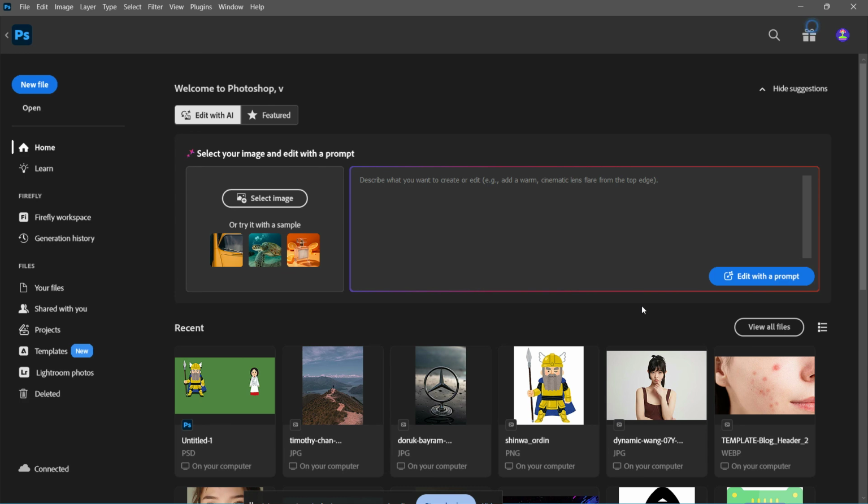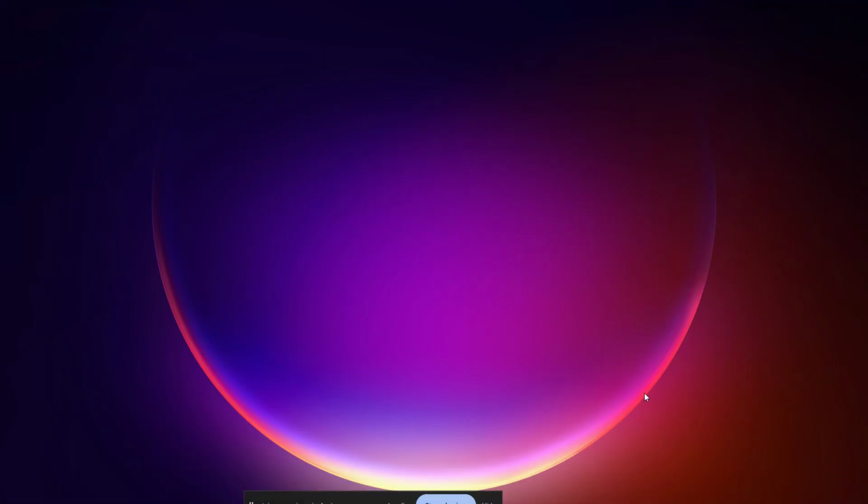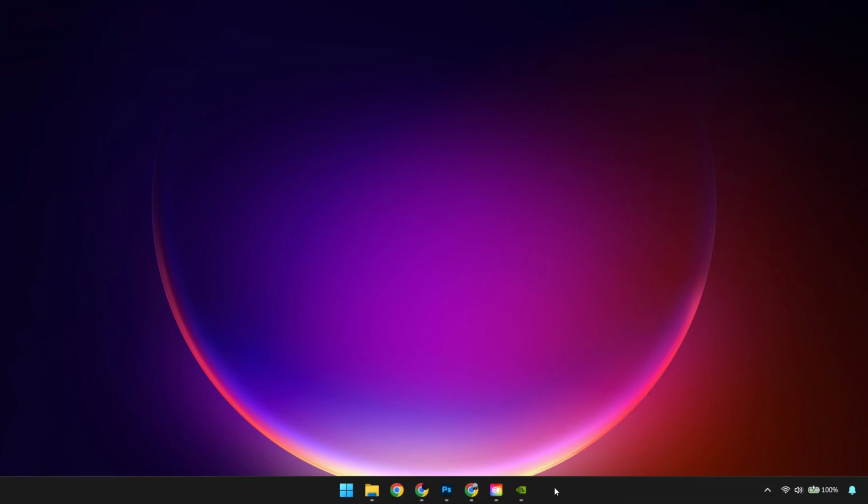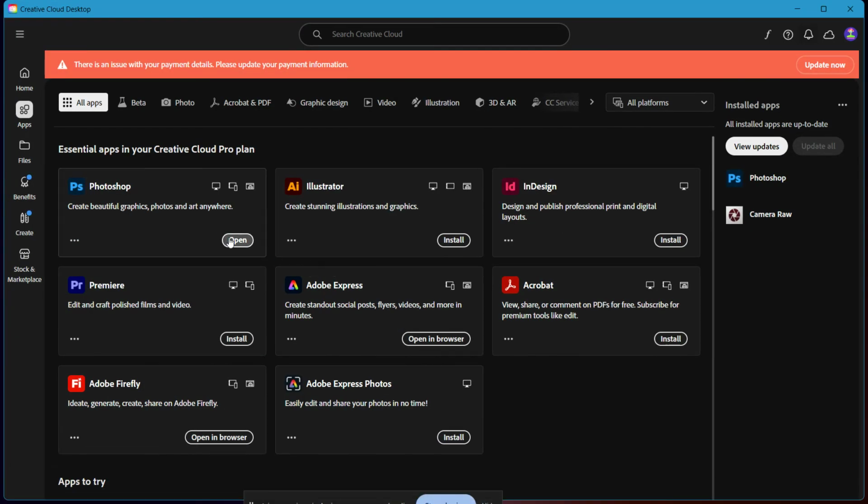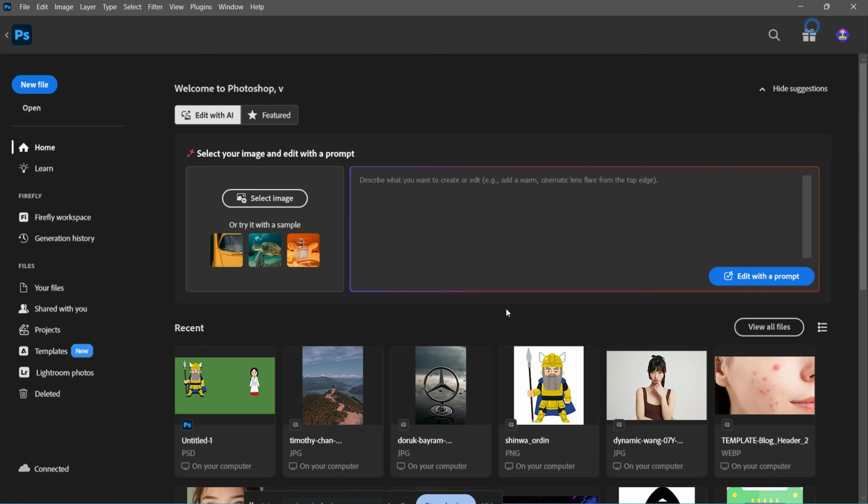To rebuild those settings, first make sure Photoshop is fully closed. Then hold down Ctrl, Alt, and Shift on Windows or Command, Option, and Shift on Mac, and open Photoshop while still holding those keys. A pop-up should appear asking if you want to delete the Adobe Photoshop settings file. Click Yes. This forces Photoshop to create a fresh settings file, which fixes a lot of random errors and startup issues. After that, let Photoshop reopen and give it a moment to rebuild everything. The first launch may take a little longer than usual, but that is completely normal. Once it starts properly, check whether the error is gone and whether your tools and panels are working the way